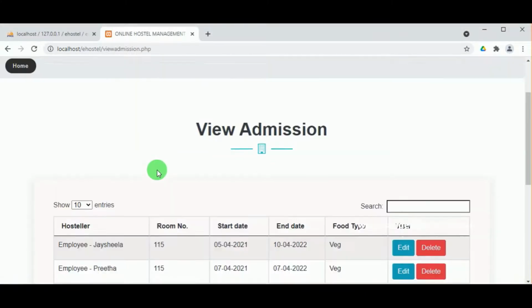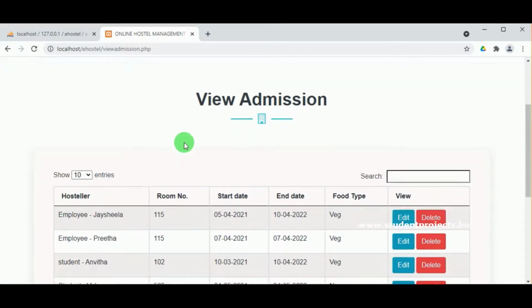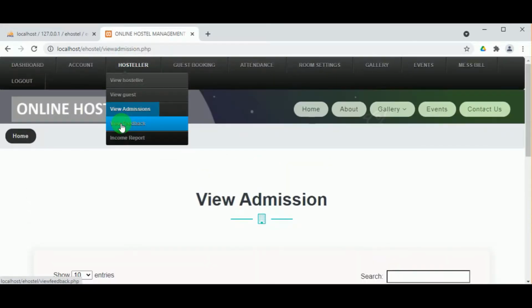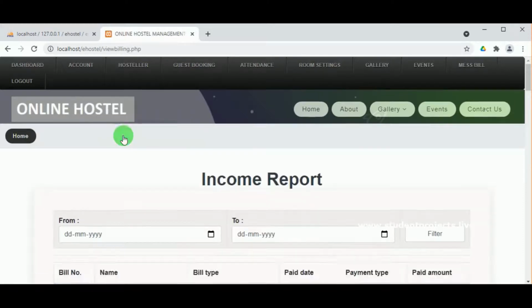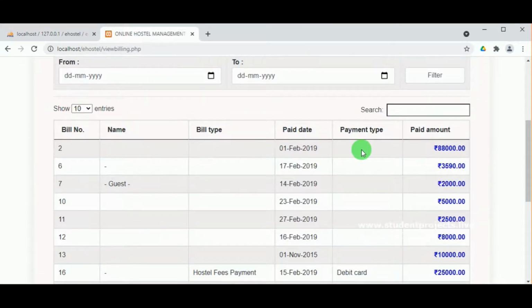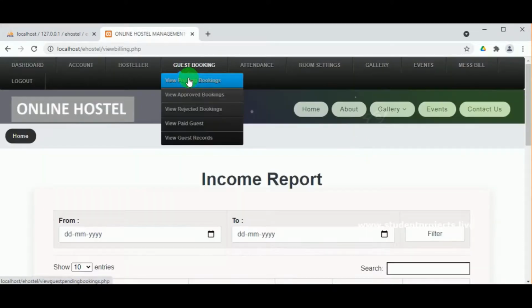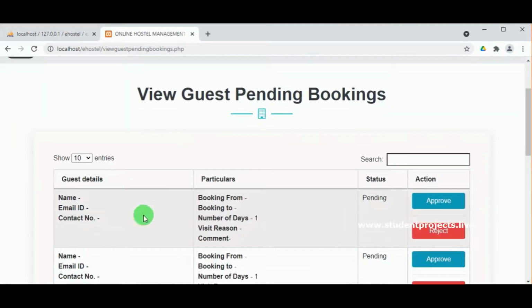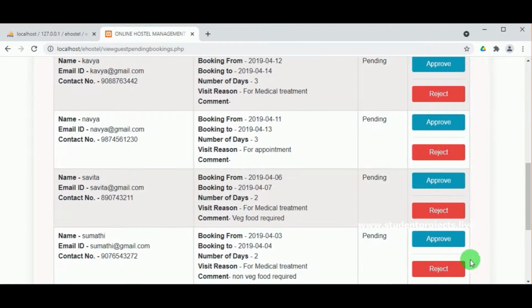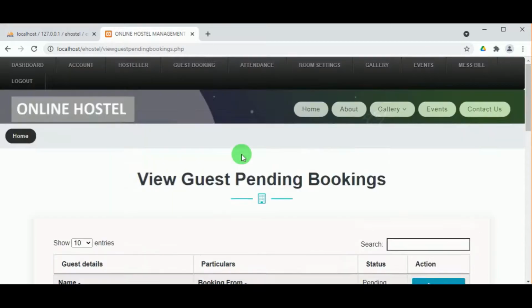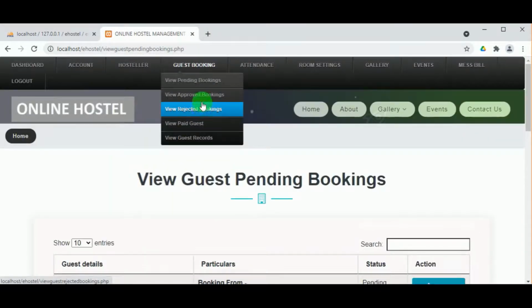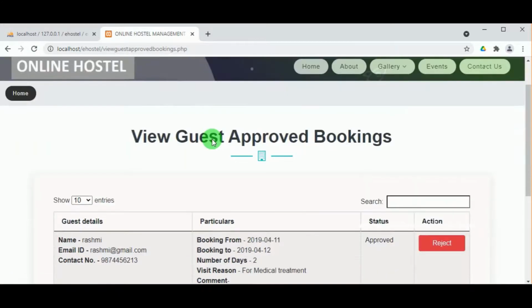So you can see view admissions. Again here the data is in the table format. Income report, again the income report is in the form of a table. View pending bookings, again the pending bookings are shown in the form of a table, where the table contains the details, particular status, and at last there is action.